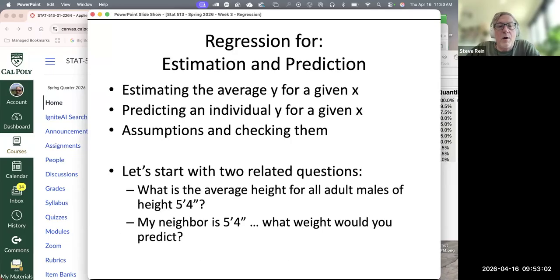Okay. So let's talk about two additional questions. I'll talk about regression for estimation of the average Y, and I'm not going to stress regression for the sake of prediction, but I'll introduce you to the idea, but not in great detail. Sometimes if we have an XY relationship, if I tell you Y is typically about B0 plus B1